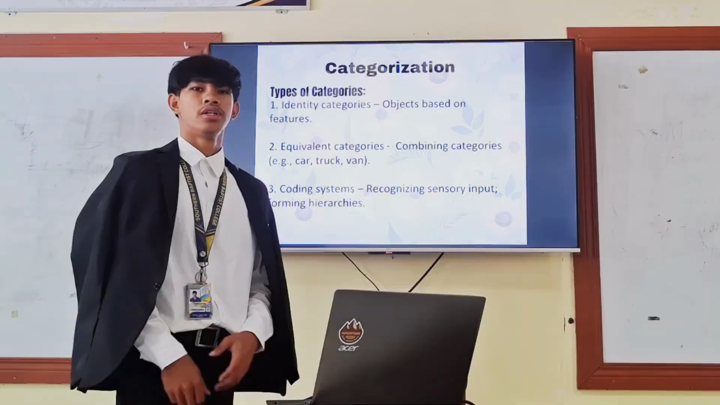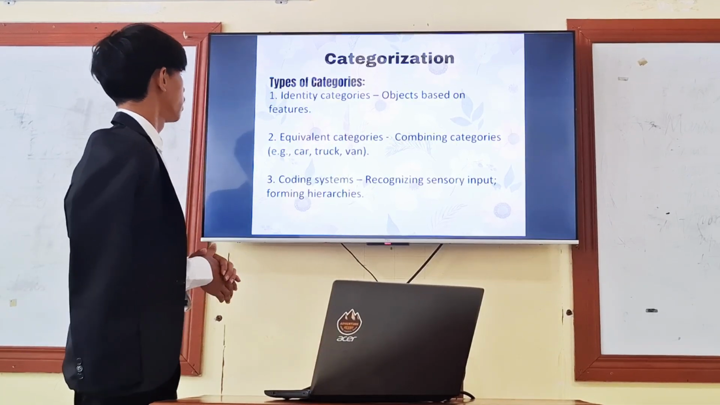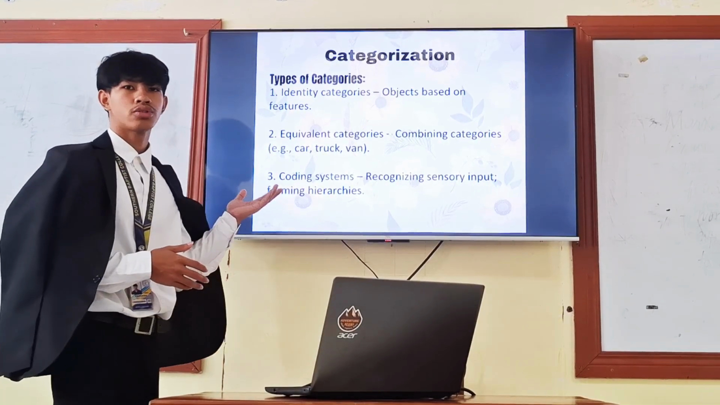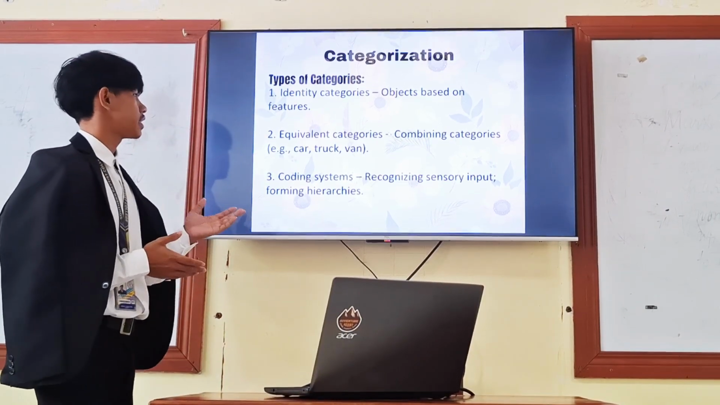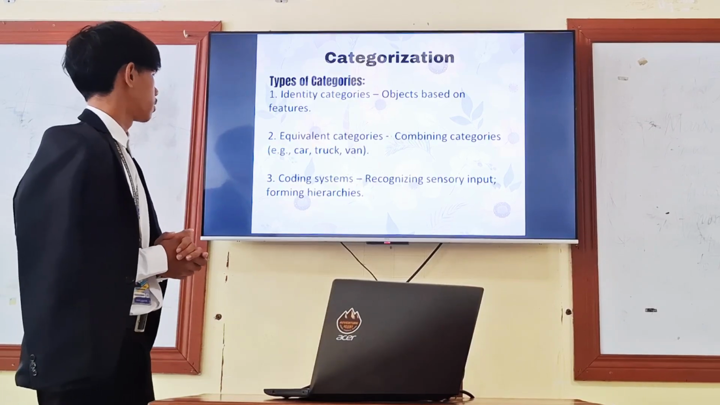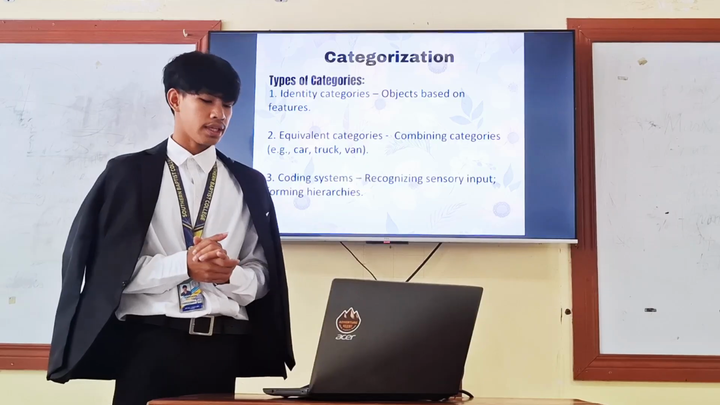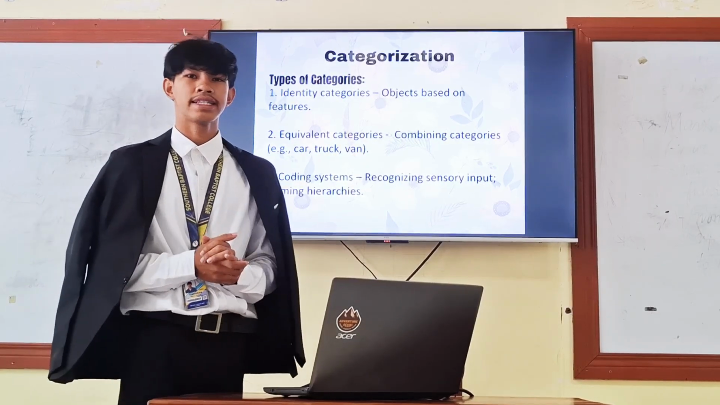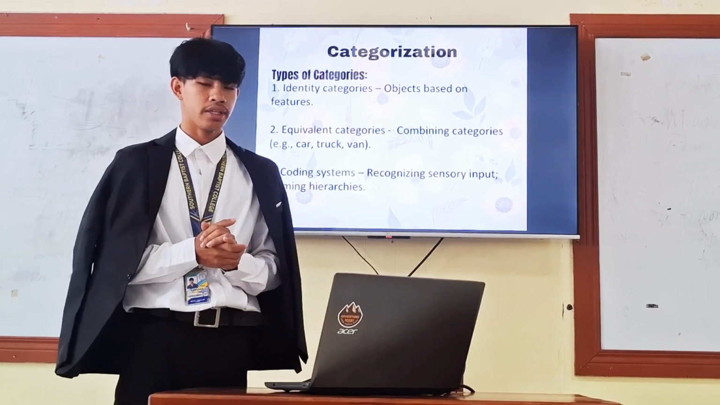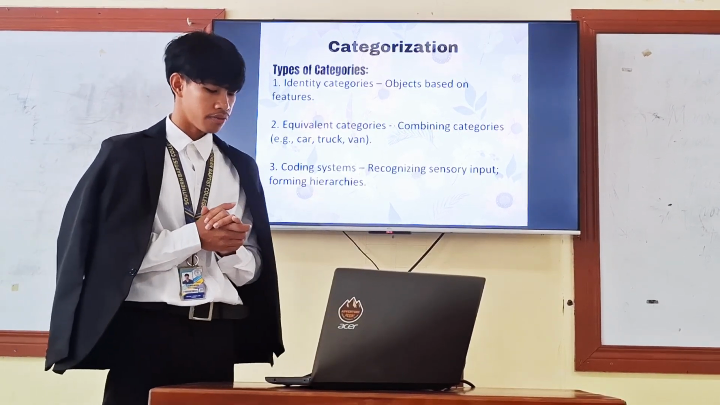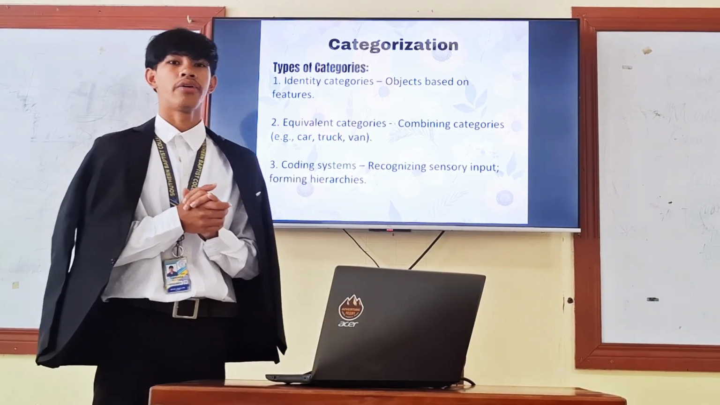And number two is equivalent categories, combining categories. Like for example, car, truck, van are motor vehicles. And number 3 is coding system, recognizing sensory input, forming hierarchies. This means that an arrangement of related categories can help us recognize and organize sensory input, allow us to group and go beyond the data and make inferences. Like for example, dog, cat, or rabbit is